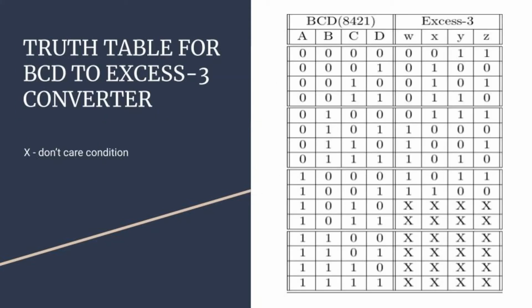Now let us pave our way into the first conversion that we did. It was the BCD to XS3 code conversion. On the first slide we can see the truth table for the BCD to XS3 converter. Here you can see on the left side we have the BCD code and on the right side we have the XS3 code. XS3 code is just the addition of 0011, that is, the binary equivalent of 3, to the BCD code. For example, for the BCD code 0001 we have the XS3 code 0100, that is, addition of 3, and X here represents the don't care conditions, which can be seen for the last 6 cases of XS3.